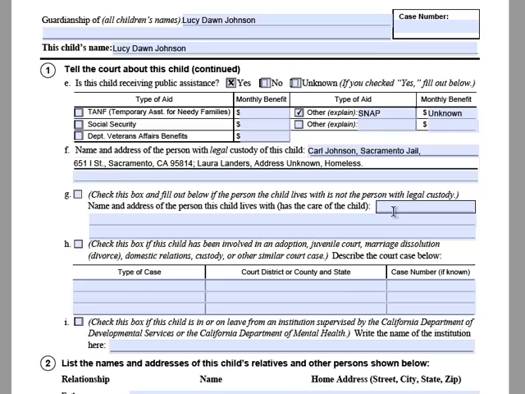So, since Lucy is living with me, would I be the person listed in 1G? You would. Let me just fill that in. I assume Lucy isn't on leave from a state institution, right? No. Since Lucy isn't in or on leave from an institution, I'm skipping over 1I. Starting at the bottom of the page, in section 2, in number 2, the names and addresses of each of